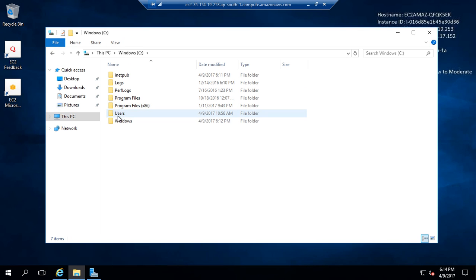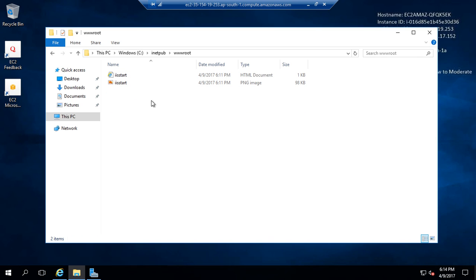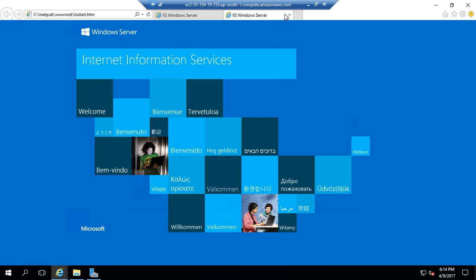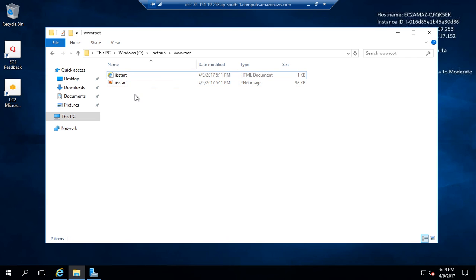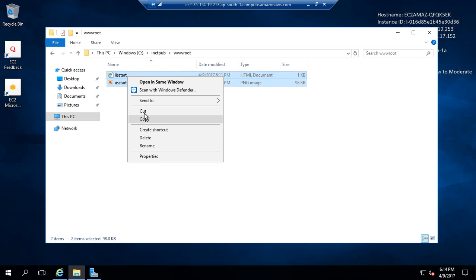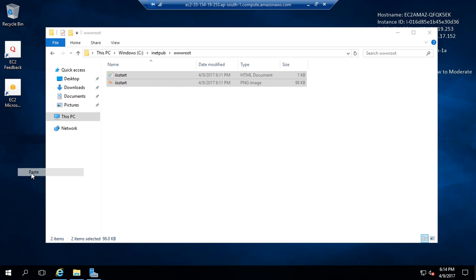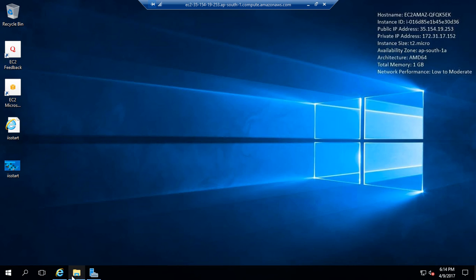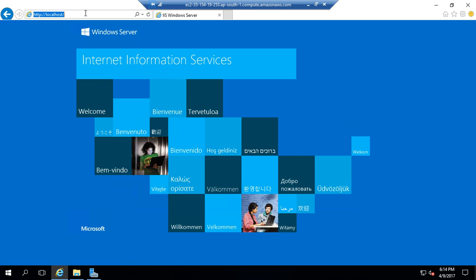There should be one folder created, C, then inetpub, this folder, then go to wwwroot. This folder is basically the folder where you need to host your website. Right now this page is there, so you are getting the welcome page. This is the same page which you are getting, you can verify. So this is the same page, and what I just need to do is cut this page and paste it outside, and let's just check if your server is still